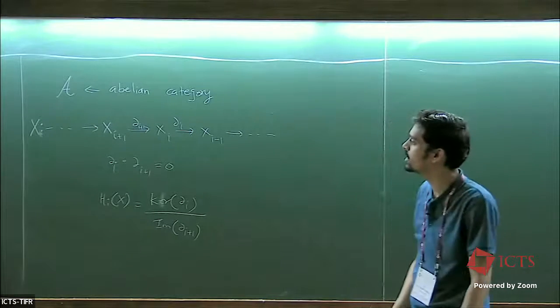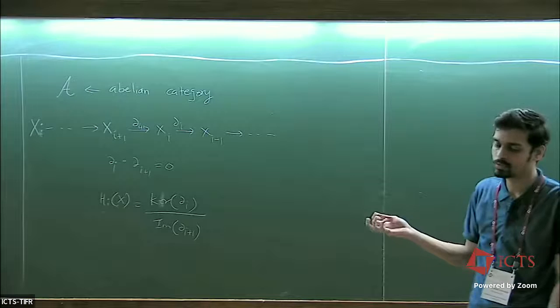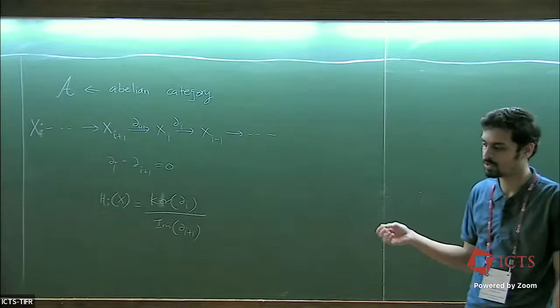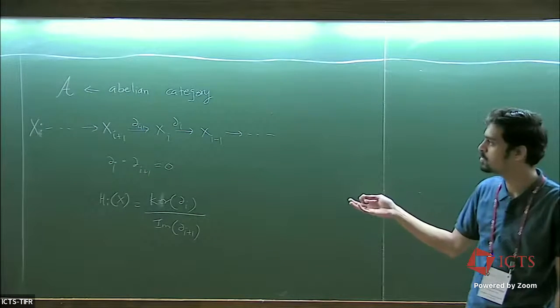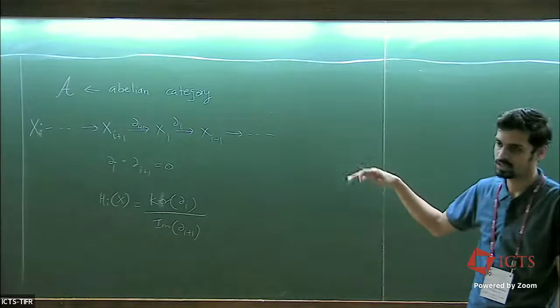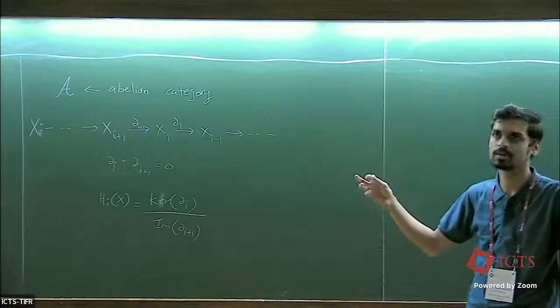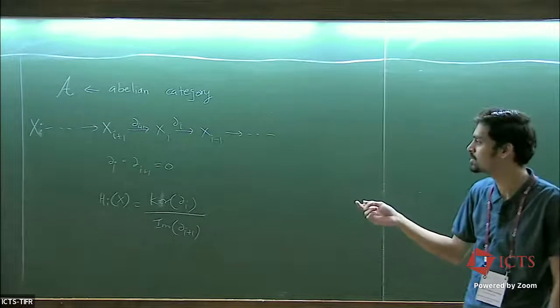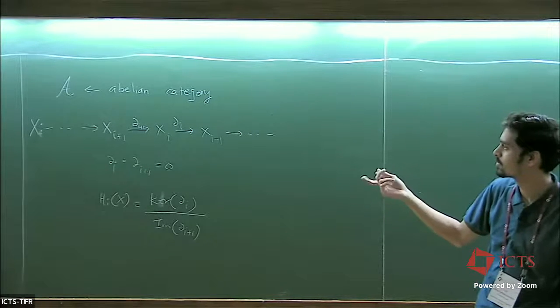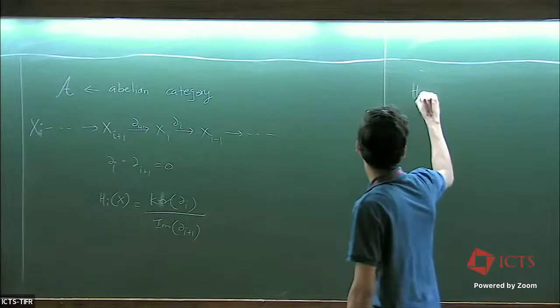One of the aims is to study topological spaces up to homotopy, or study modules or complexes up to their cofibrant replacement, which came up in today's talk. So let me define what